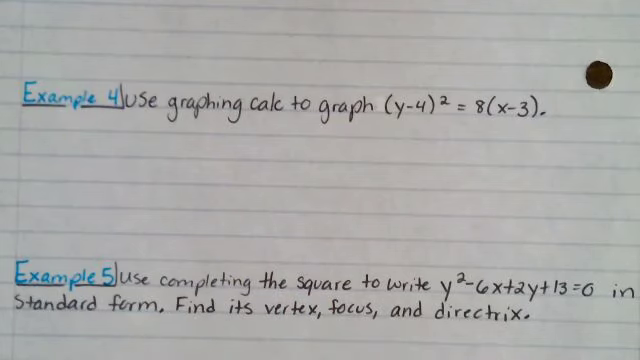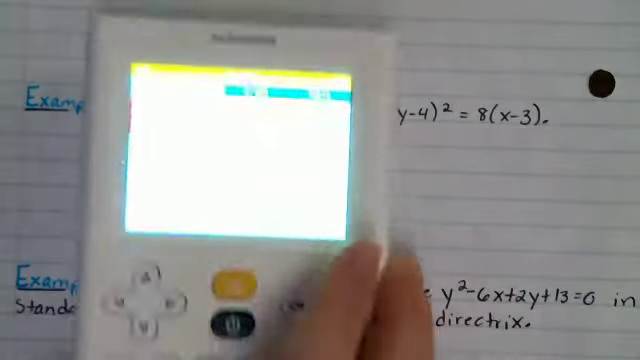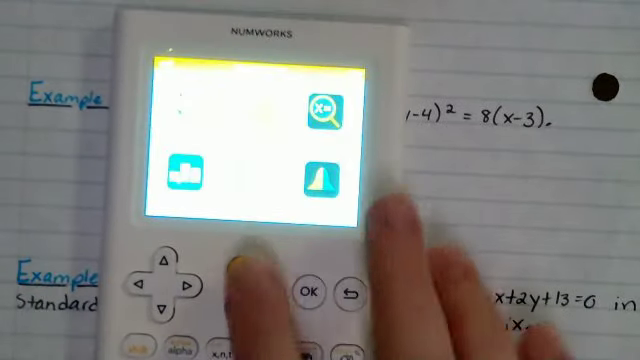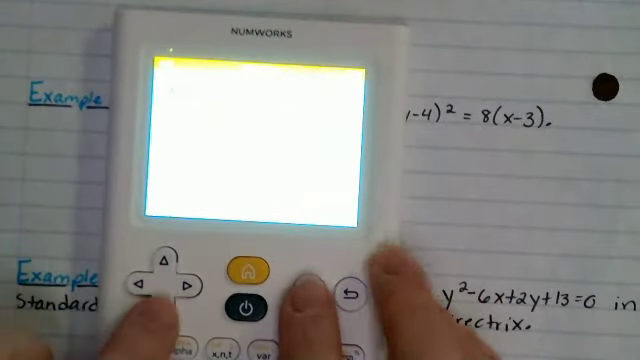All right, next one says use a graphing calculator to graph this. So you want to have a calculator handy, calculator of choice. I will say that your NumWorks is going to graph this fine as long as you just type it in straightforward. I'll show you even. I had this typed in already. If you just type in on your NumWorks, ooh, that brightness is too bright. If you type in on your NumWorks just